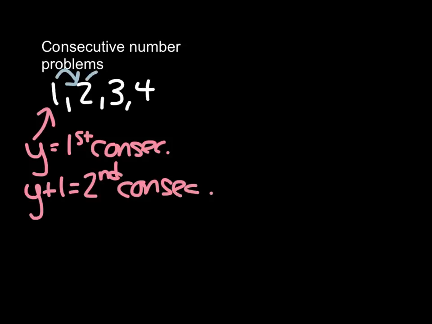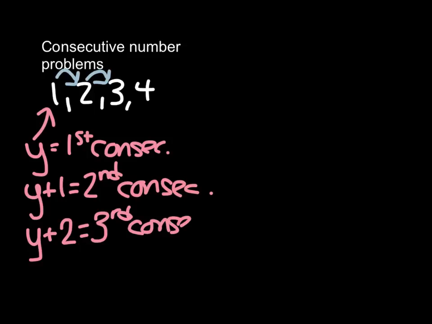Now I always have to go back to in terms of Y. So I'm not going to say Y plus 1 equals the third. I'm going to say Y plus 2. Because in this case, Y is 1, and 1 plus 2 equals 3, right? And that's what we just went to. So third, and so on. With that in mind, let's do a homework problem.